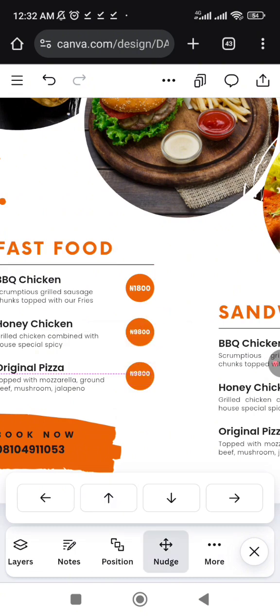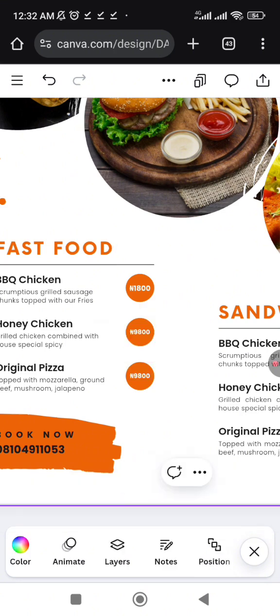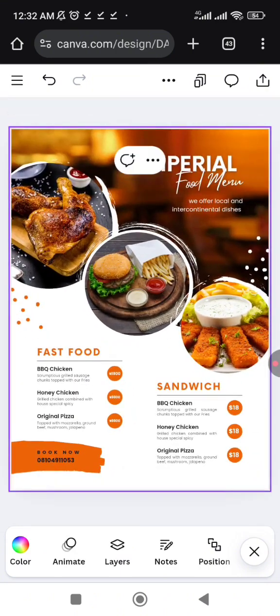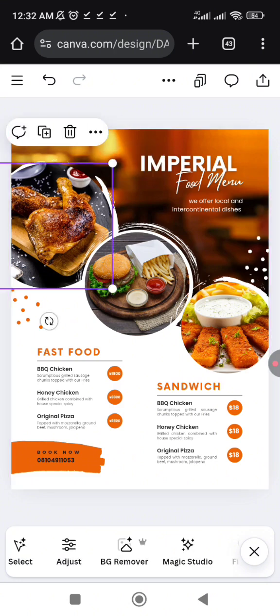Every design is not the same. Let's say you want to introduce those pictures that we downloaded previously. You want to just change one of these with them. You click on the picture you want to change. When you click on that picture,